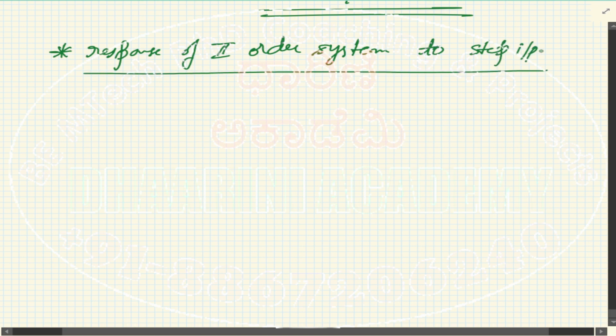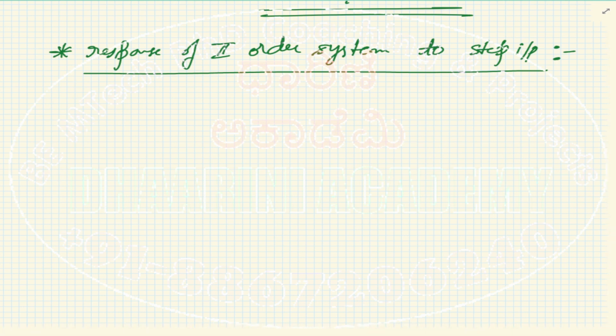So it's like the previous case. Previously, we gave the step as a standard input, the u of t. Okay, now when u of t is given, we have different